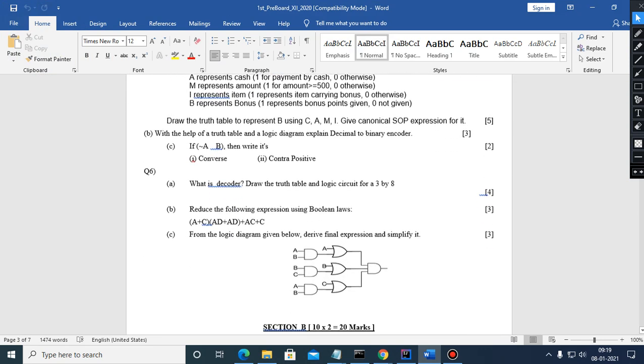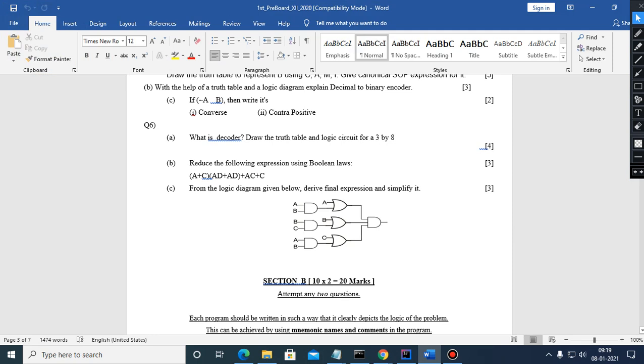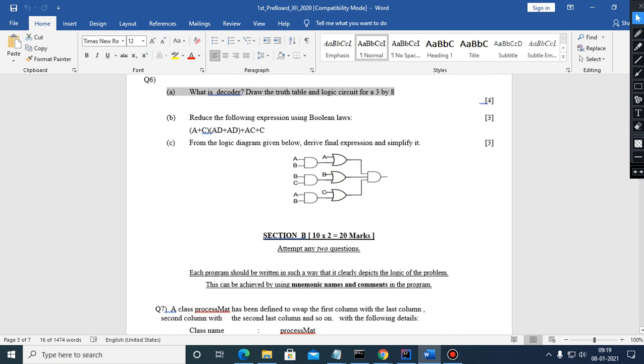And here question number 6, decoder. I think this is a very simple question, and you need to just write the definition, draw the truth table, and draw the circuit diagram. So if the question is of 4 marks, 1 mark definition, 1 mark truth table, and 2 marks for circuit diagram. In question number 6B, most of you have done correct.